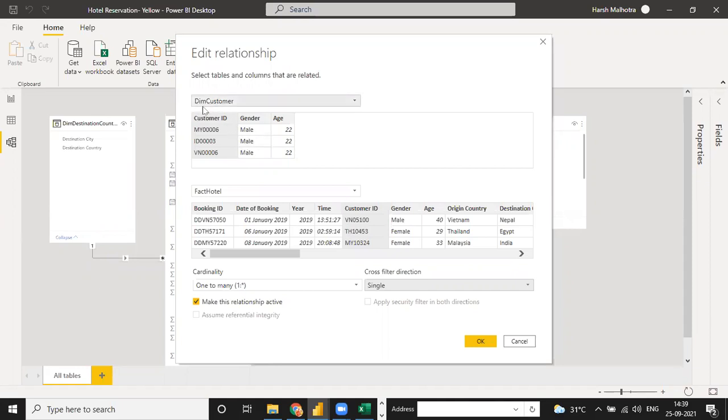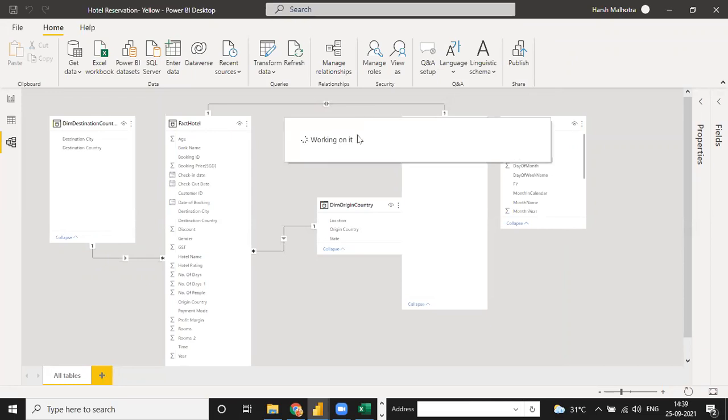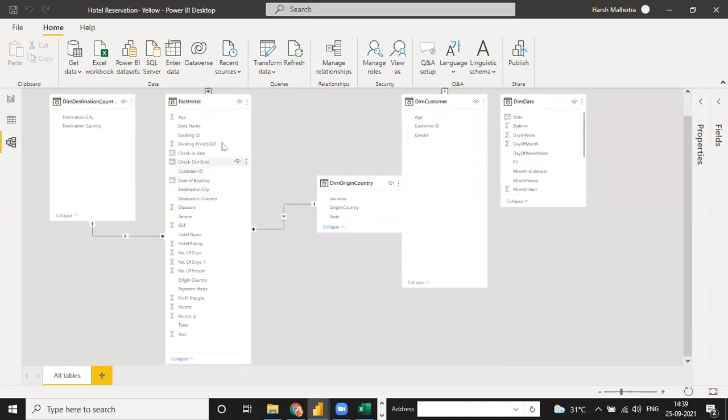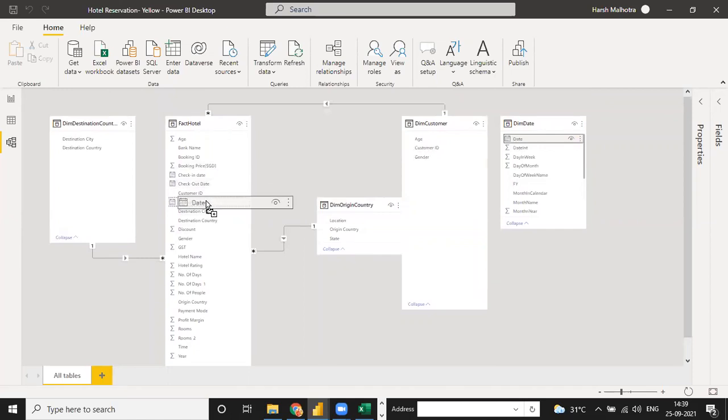That is the four types of relationship you have. Okay, so for this dim customer you have a dim table, and for the fact table you have a total one to many, and then click on OK and see our one to one relationship is done. When you click on this, it is updating one to many. And now the last thing, date. For date, I'm just using date to booking date. When I drag and drop date to booking date, the relationship will be done automatically. See, in this line, when you click on it, you see the one to many, that is the option to use one to many relationship. So we are complete with the relationship step, guys.